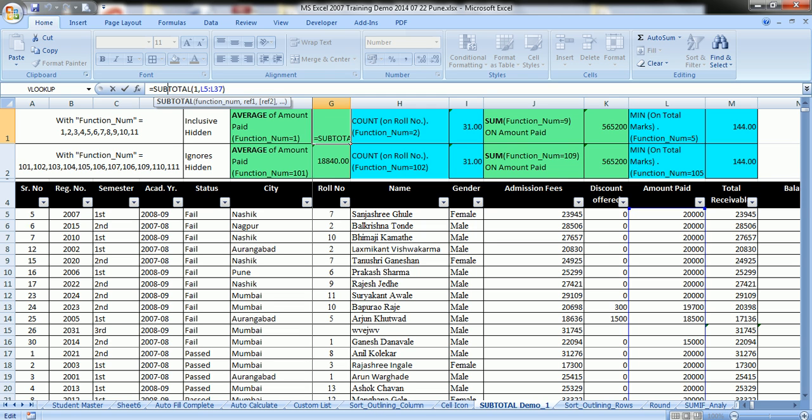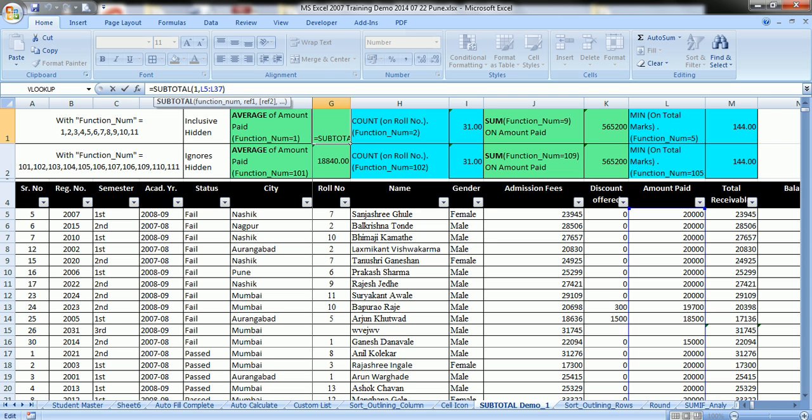With function num 101 to 111, it ignores hidden values. Let's park what is hidden. Similarly, if you are using function num as 1 to 11, it is inclusive of hidden values. Again, park here for what is hidden.